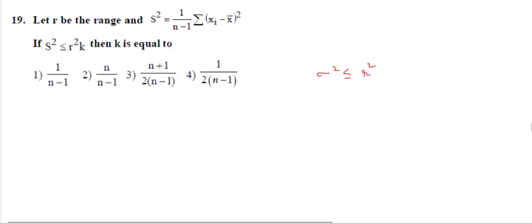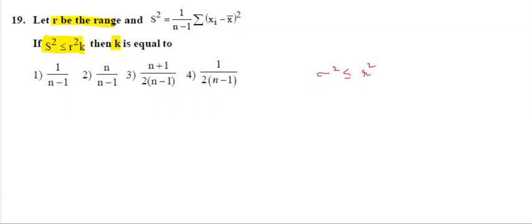Let R be the range and S square be given. So here one condition is given. S square is less than or equal to R square K. Then K is equal to